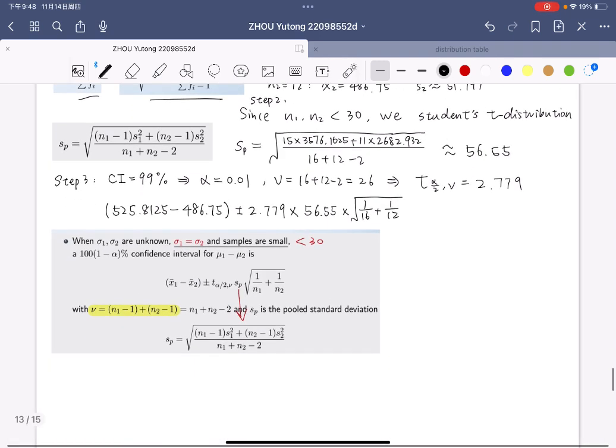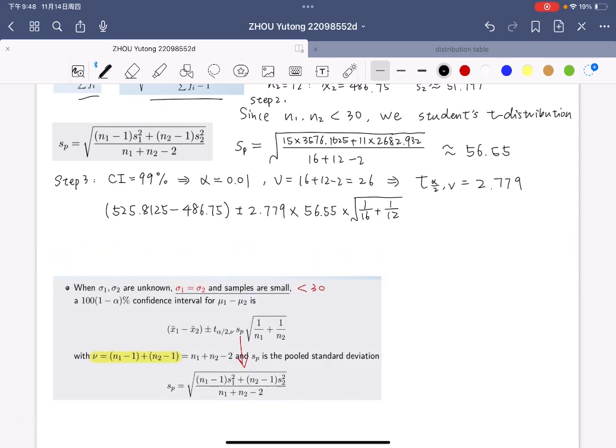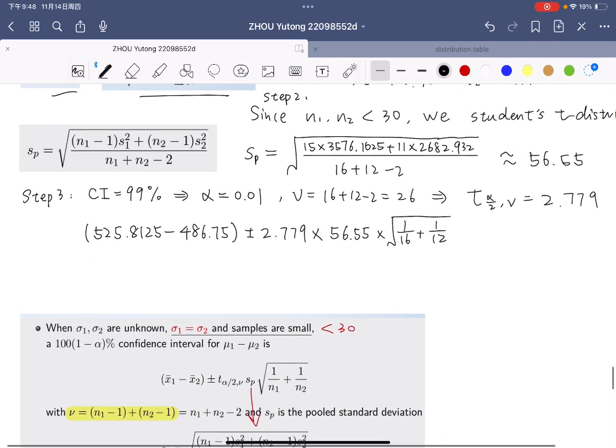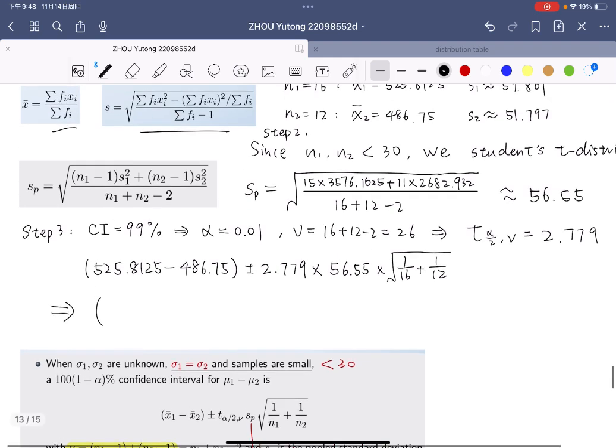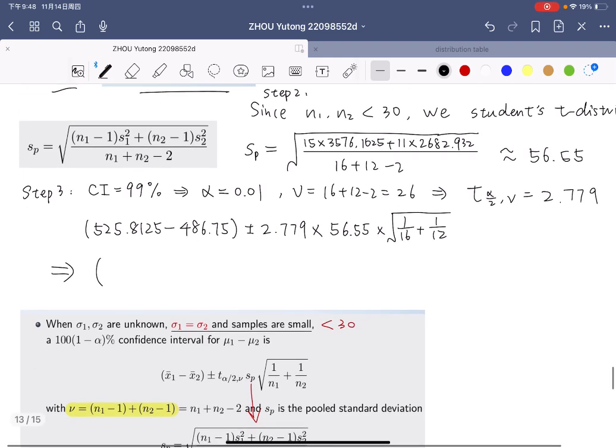And after using our calculator, we can get the confidence interval for the mean difference